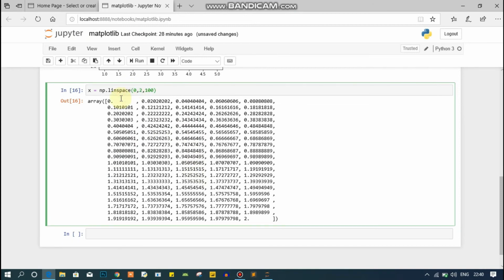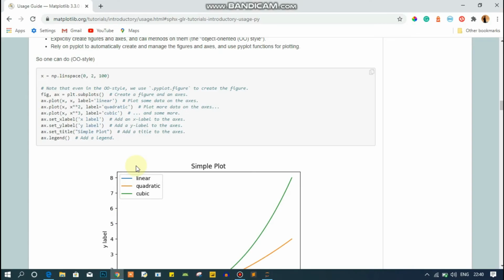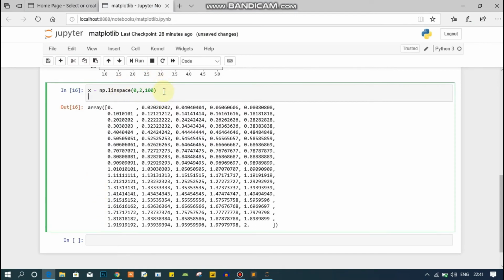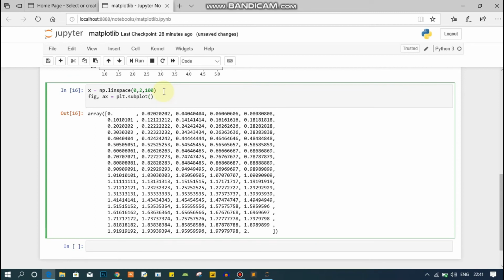Now let me do the other things, like let me create this. I will just type here figure, which I have done above. Figure, axis equal to plt.subplots. So I'm creating the axis, and now ax.plot.